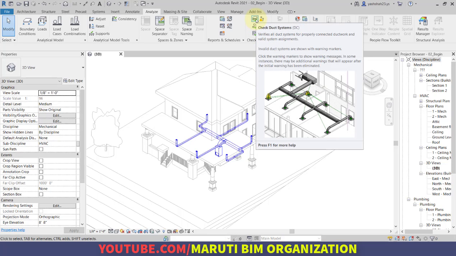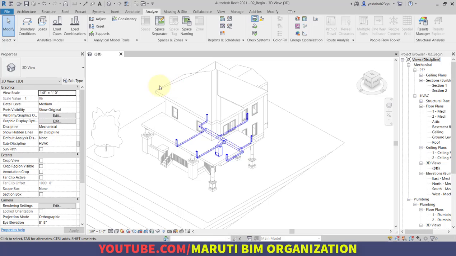If you hover the mouse over this, as you can see, it says verify all the duct systems for properly connected ductwork and valid for a system assignment. Invalid duct systems are shown with the warning marker. So here as you can see, there is no warning marker, that means our duct system is properly connected. And you can click on Review Warnings and solve the warnings as well. So here my duct system is going to be perfectly